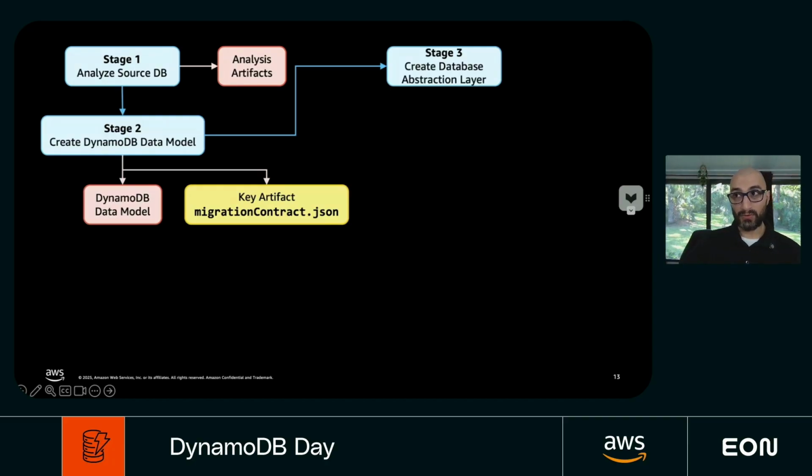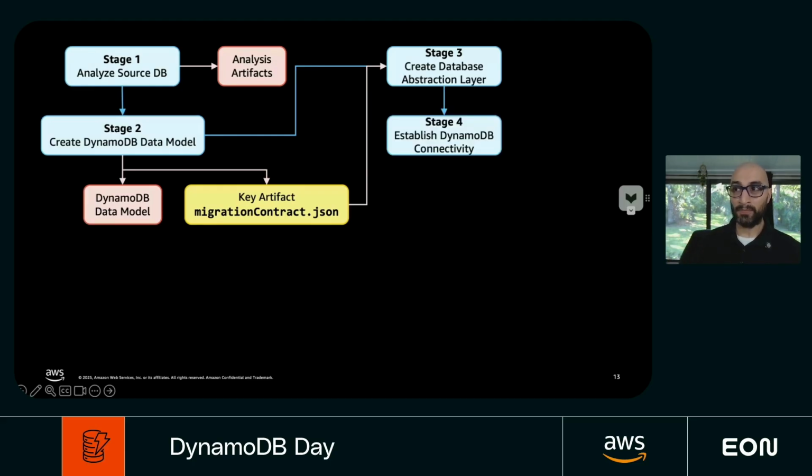Then we move to stage number 3, where we create the database abstraction layer using, again, the migration contract. If for some reason you make a mistake on this migration contract, you better catch it earlier before you go to all other stages. Because if not, you will have to repeat the migration contract and then go back and regenerate the code, which is a lot of work. Once you create the database abstraction layer, following the test-driven design